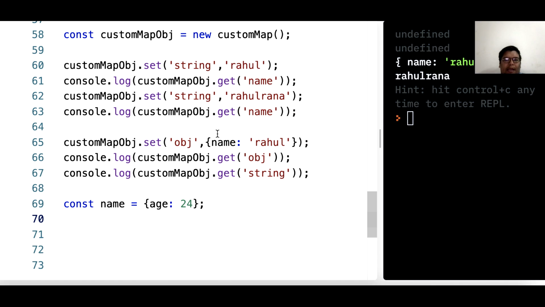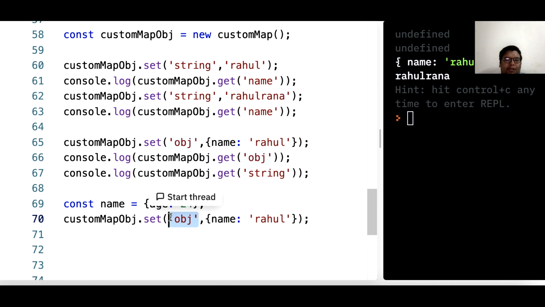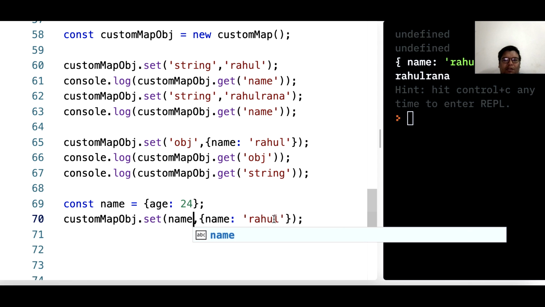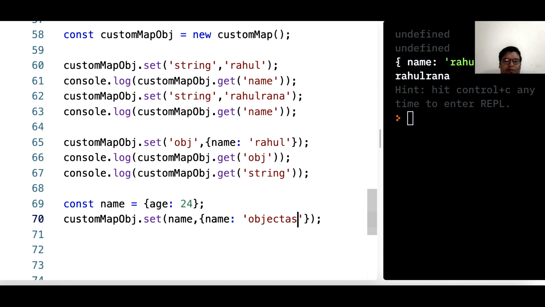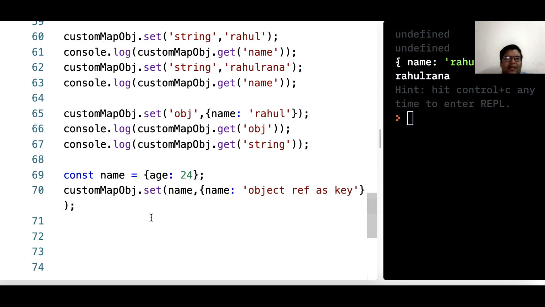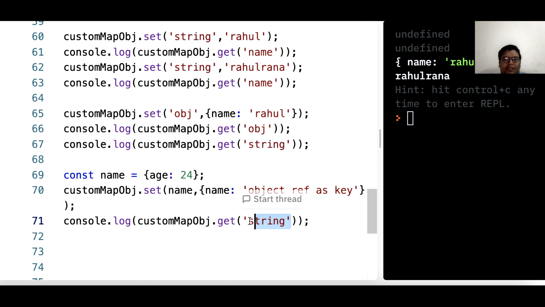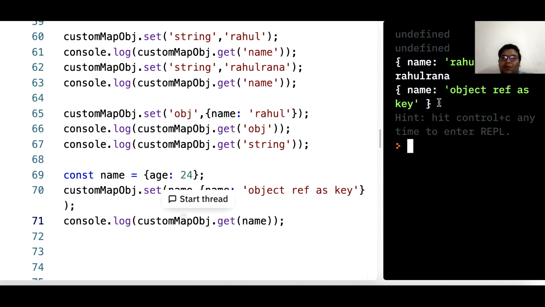Now I'm trying to set it, using name as this one. So basically when I'm setting it and when I try to get it, I should pass the reference, that is name. Here we should ideally get the last object reference key. Okay, that's great, we are able to get it.